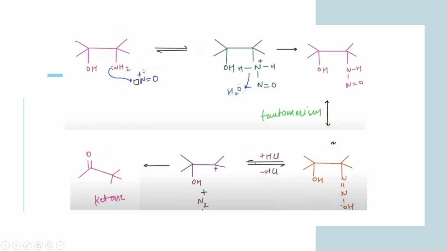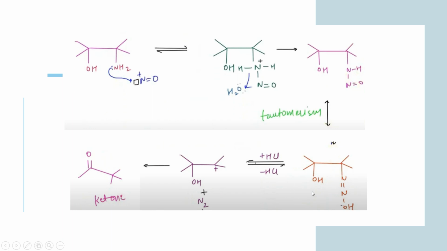Okay, and the amine will undergo reaction with this NO positive cation, and you will get two other reactive intermediates in the course of the reaction. Okay, but this is not of much importance because you have already studied the diazotization reaction. We just have to look at the last intermediate which is going to form. This one